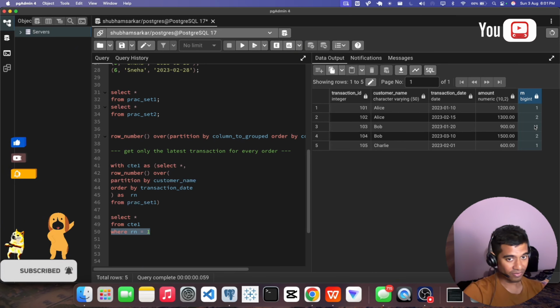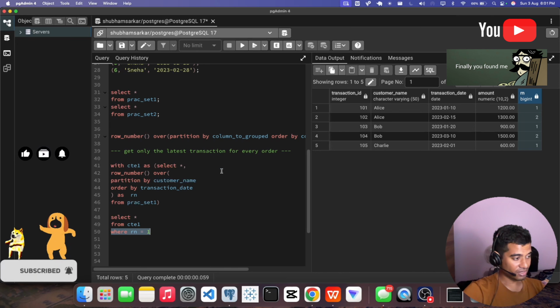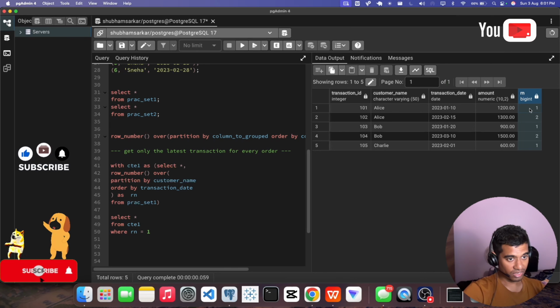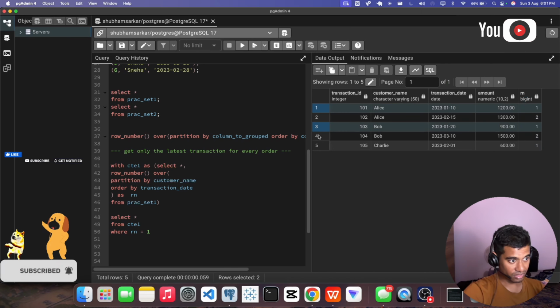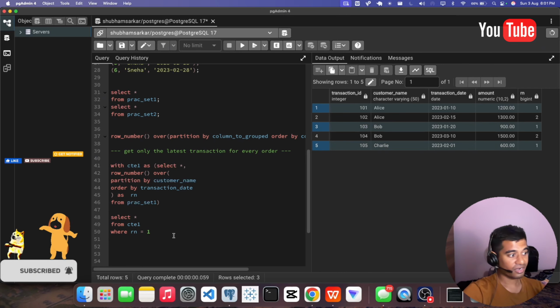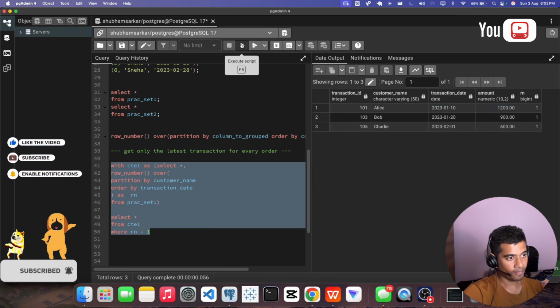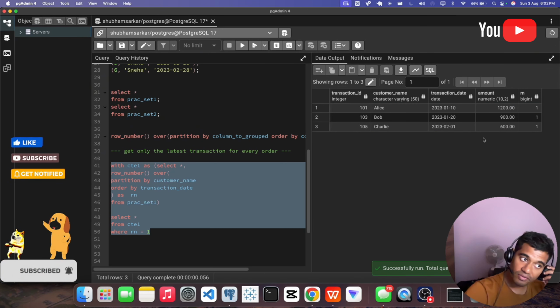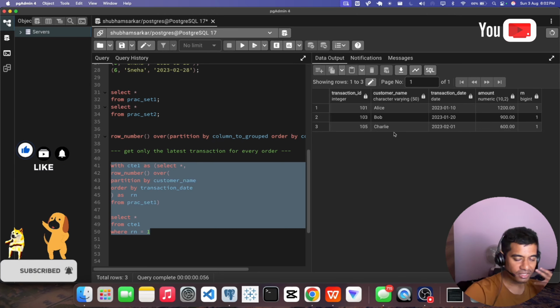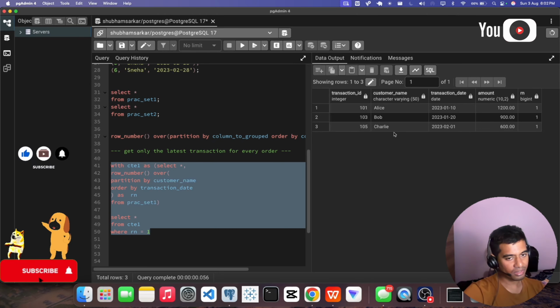SQL will see the Rn column is there and Rn equal to 1, so it will only take those rows. Let's run and see how many rows we get in output. See, 3 rows. For Alice 1, Bob 1, and Charlie, there is only one data, so only one we will get.